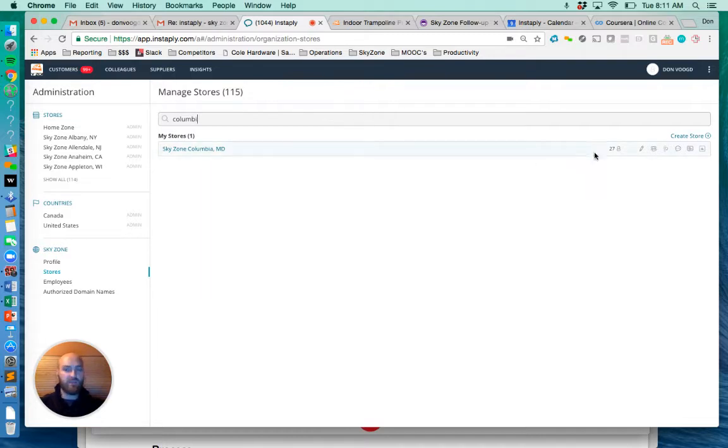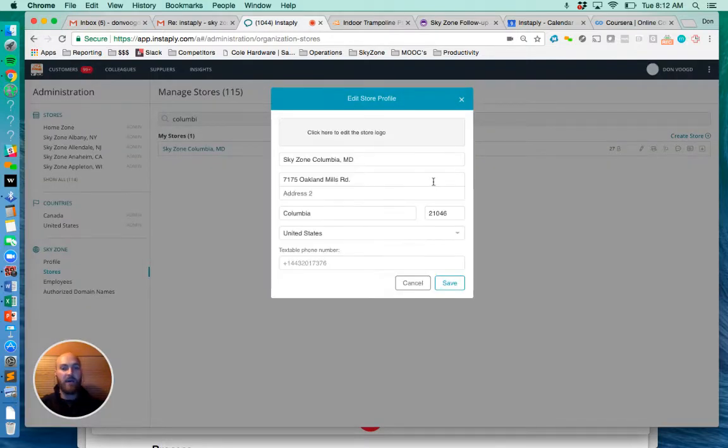This is normally what an individual park would see. It'll give you a total number of agents that you have at the store, and then a number of little icons here that'll help with the store setup and give you a little information on how best to use the service. The first one here is editing the store profile. If I click on this little icon, it'll give me the address of the entire store along with my text-enabled